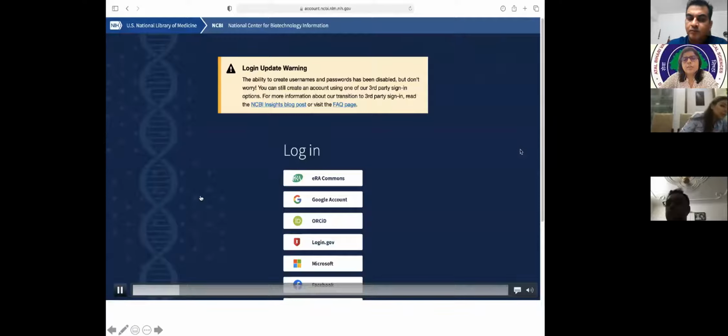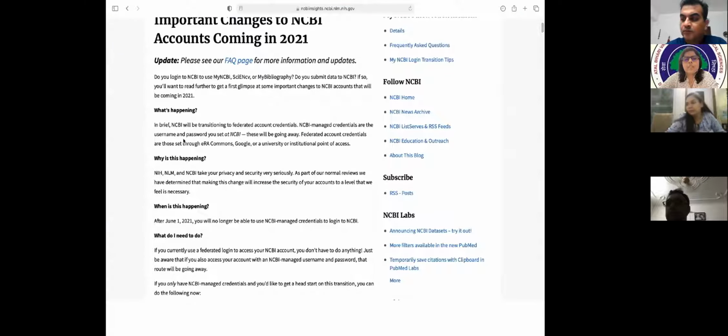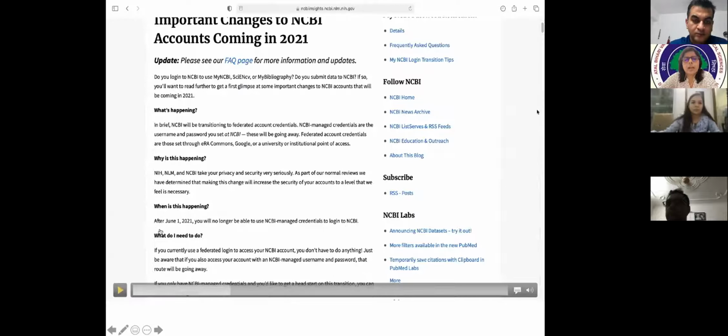So the question arises why they have made such a change. You can go to the blog post to see why. Actually, NCBI and NLM take our privacy and security very seriously, that is what they claim, and our account will become more secure. Since June 1, 2021, NCBI credentials can't be used for login.